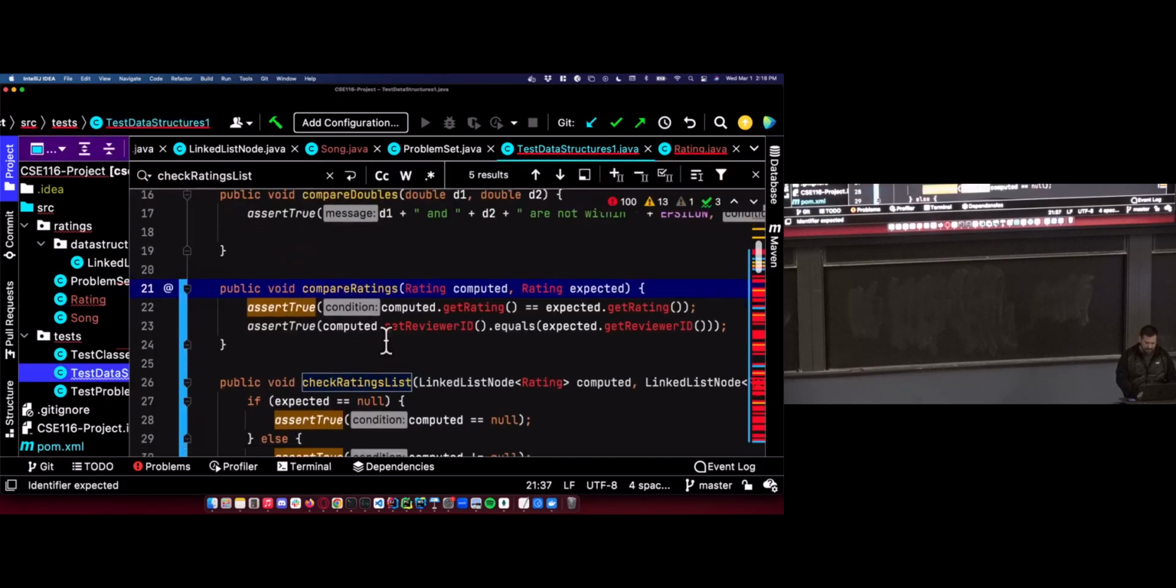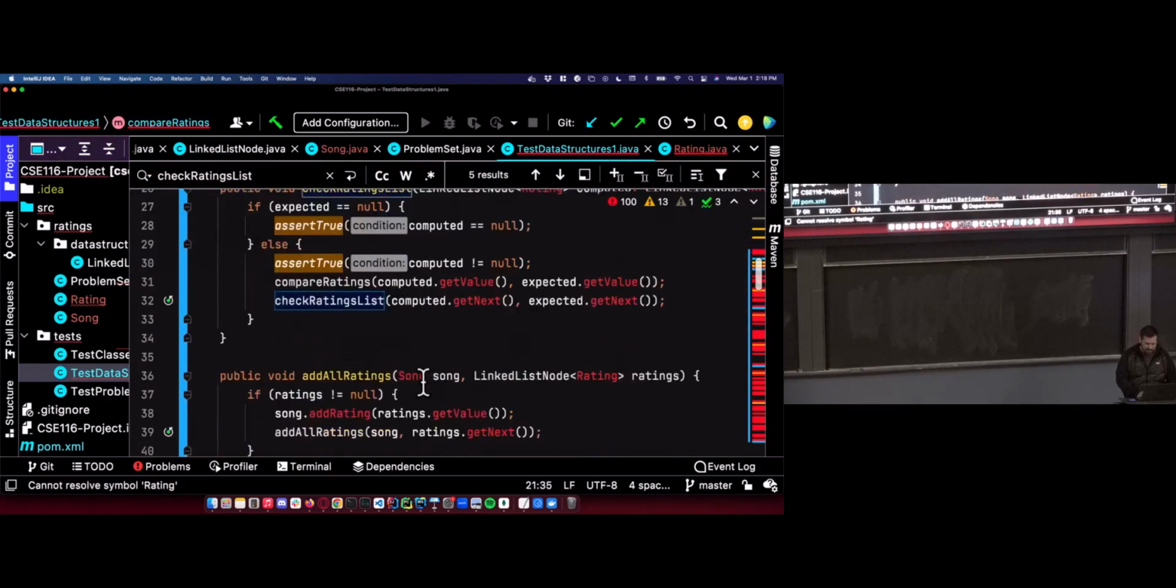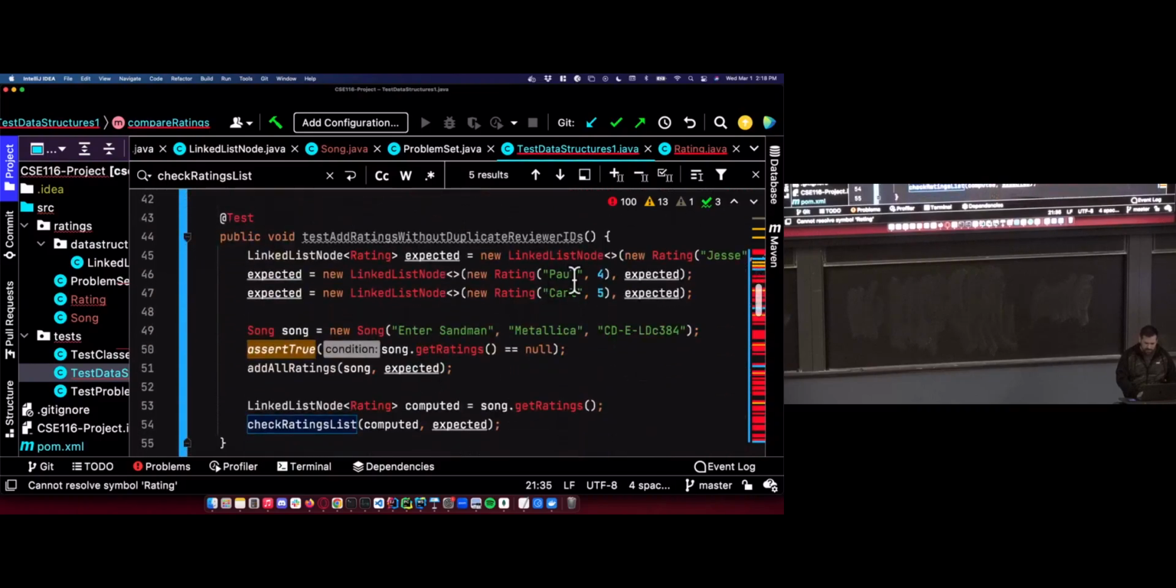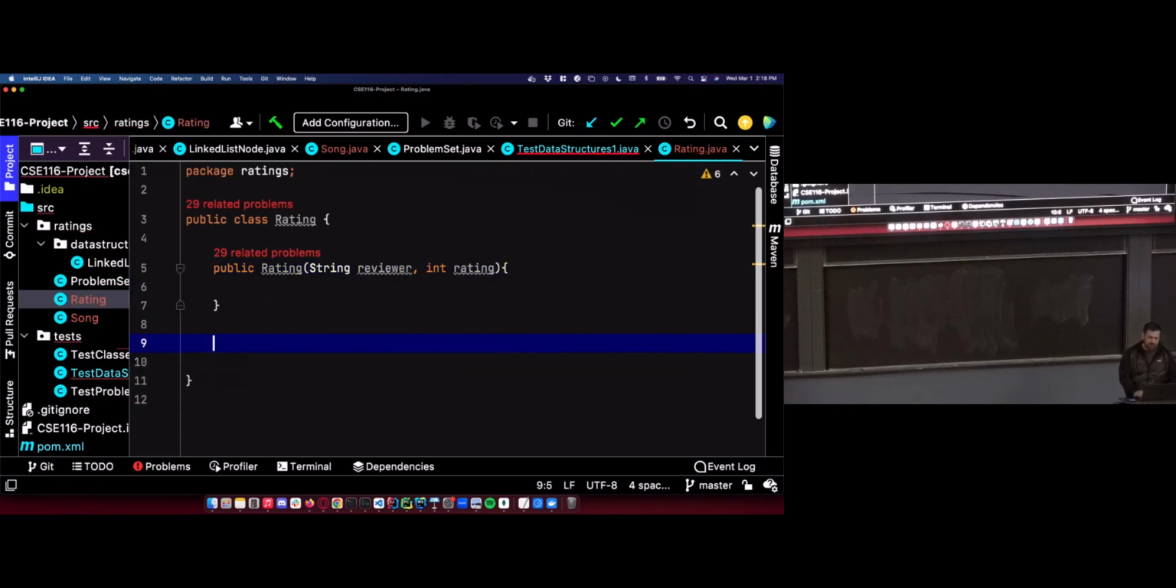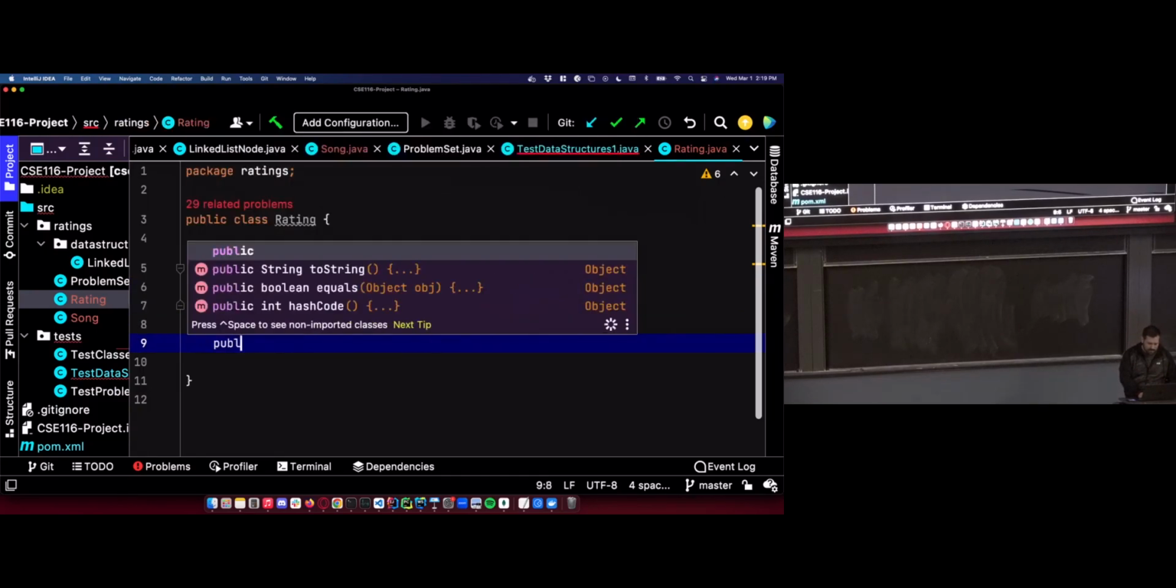I'm going to check just to make sure I don't mess this up. I was going to do it backwards too. Reviewer ID and then rating. So this takes a string and an int. And I'm just going to leave that blank. This returns a reference to an object, the object that's created. But it does that automatically for me, so I don't have to add any code here. And then it's going to have public